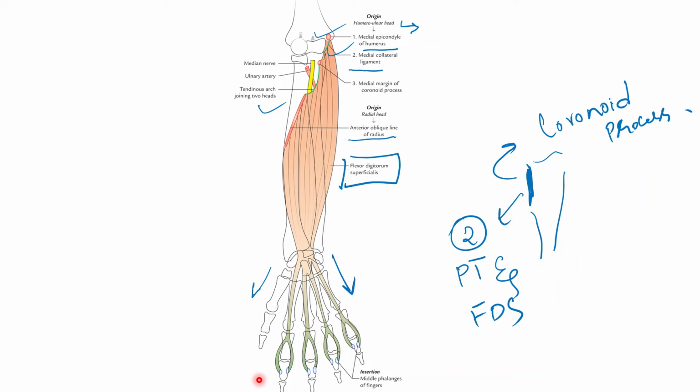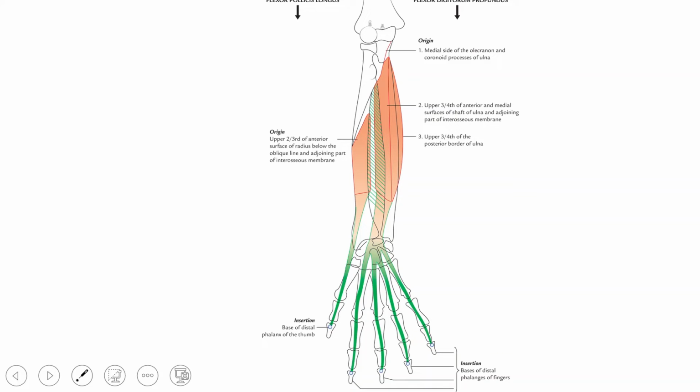So as the muscle is seen crossing the wrist joint, the metacarpophalangeal joints, and also the interphalangeal joints, this muscle brings about flexion of all the corresponding joints, that is the flexion of the wrist joint, flexion of the metacarpophalangeal joint, and the flexion of the proximal interphalangeal joint. So this was about the superficial group of muscles. Now next we will discuss the 3 deep muscles.